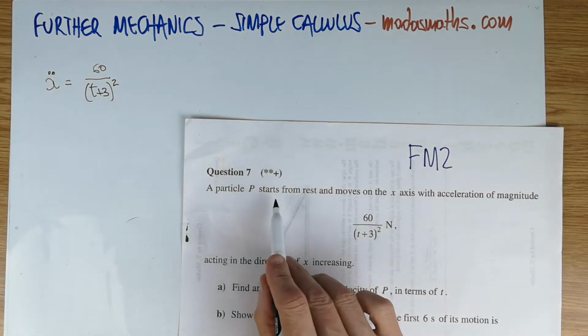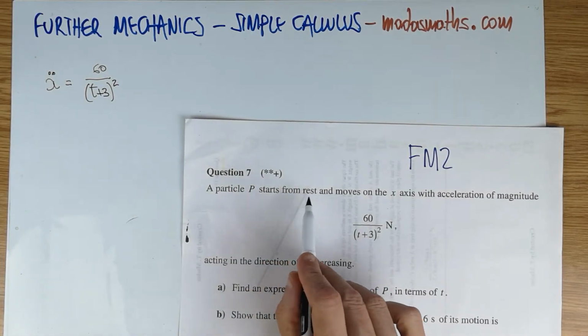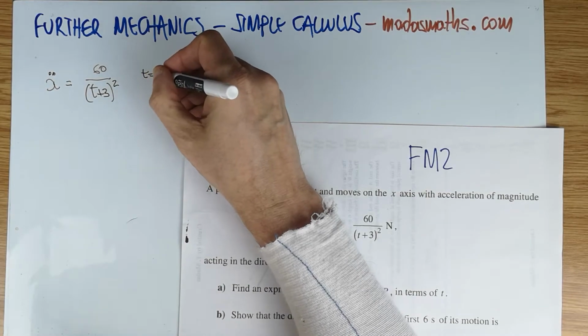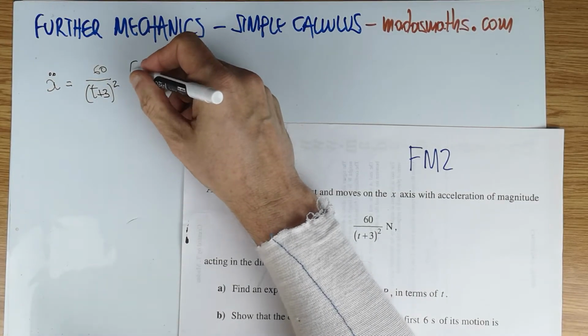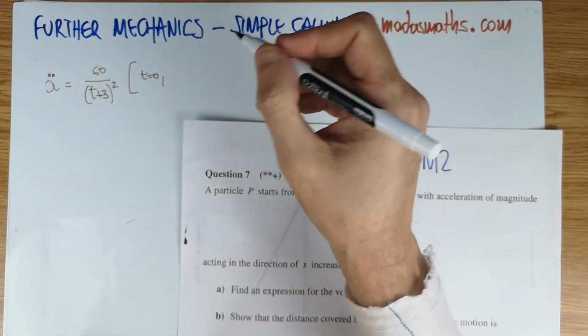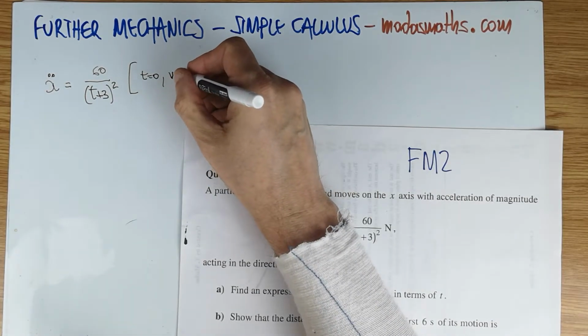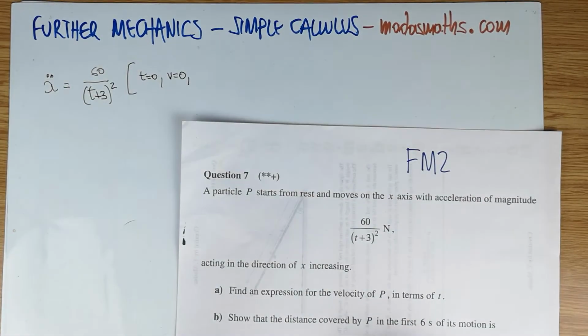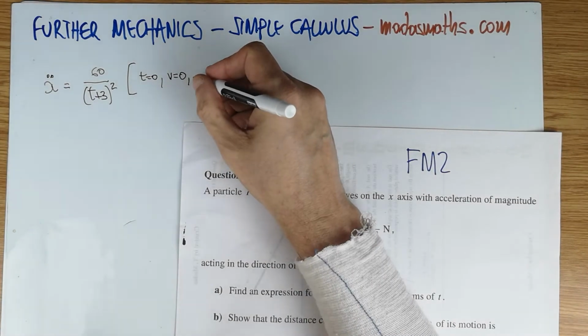And there's a condition that has been mentioned there, starts from rest. So when t is equal to 0, rest, v is equal to 0, and arbitrarily,